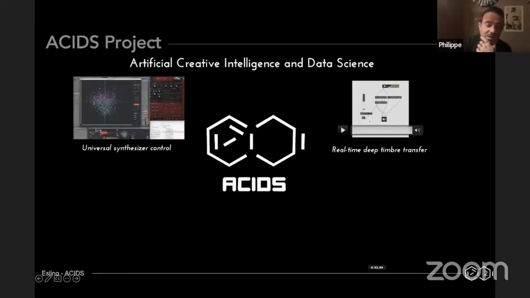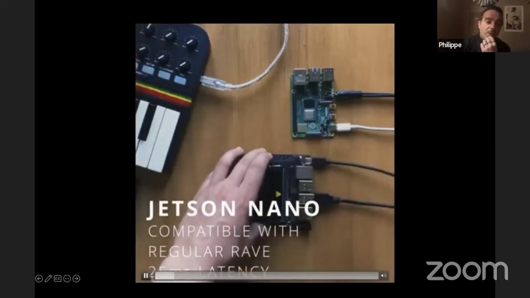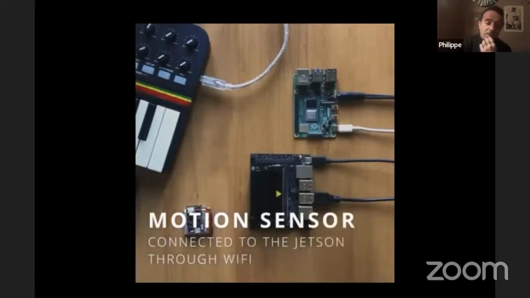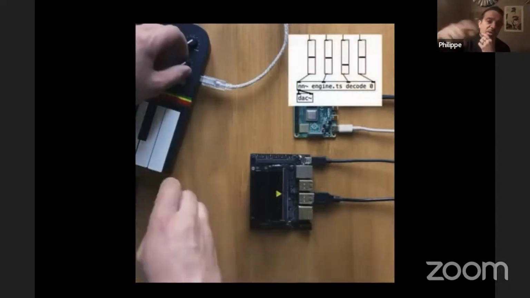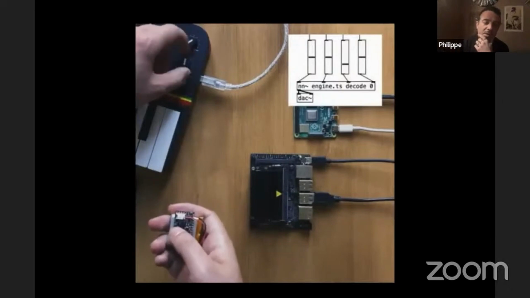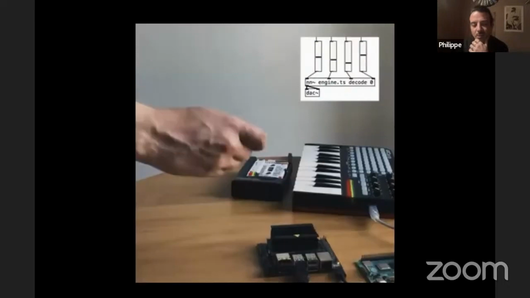We also extended this idea to have real-time control based on sensors. So here you have another RAVE model, which is basically controlled by a gyroscope and motion sensors. So basically, we're just connecting the dimensions that you saw in the previous one to yet another model. So yeah, just because it sounds cool, I'm going to leave the drums.